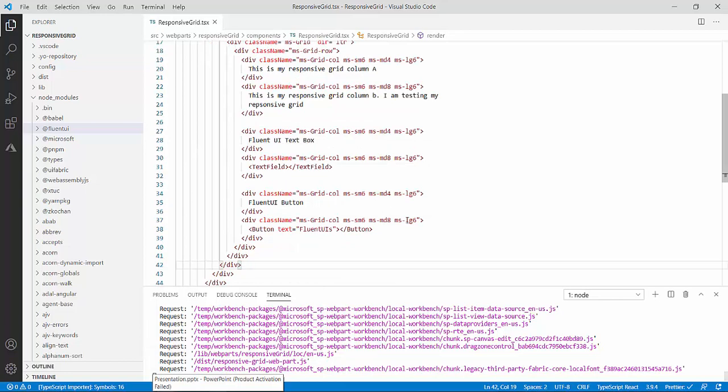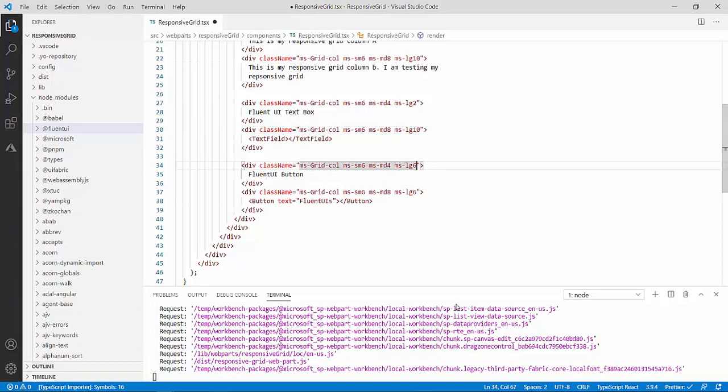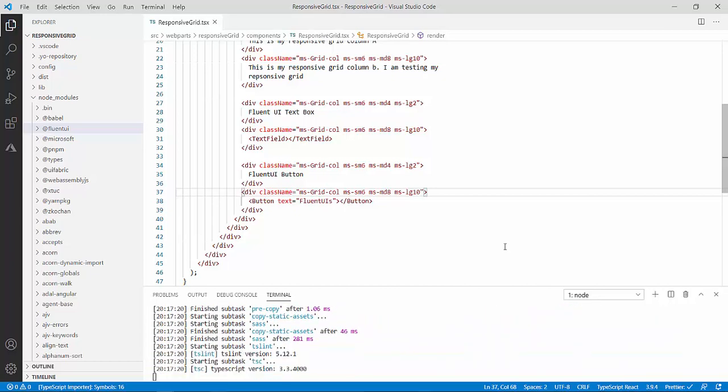So with my display, a 50% screen division for both the columns is not looking good. So what I will do, I will return back to 2, and I will make it as 10. Same, I will make it as 10, and the third one also 2, and I will make it as 10. Now I will save it. I will go back. It should look better now.